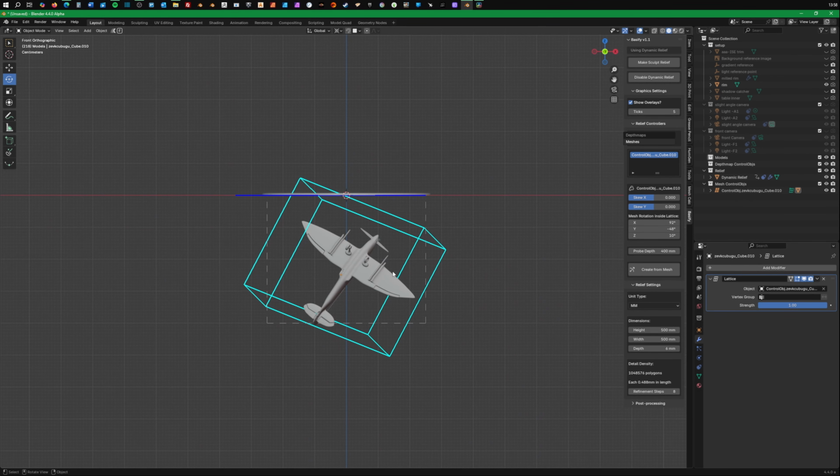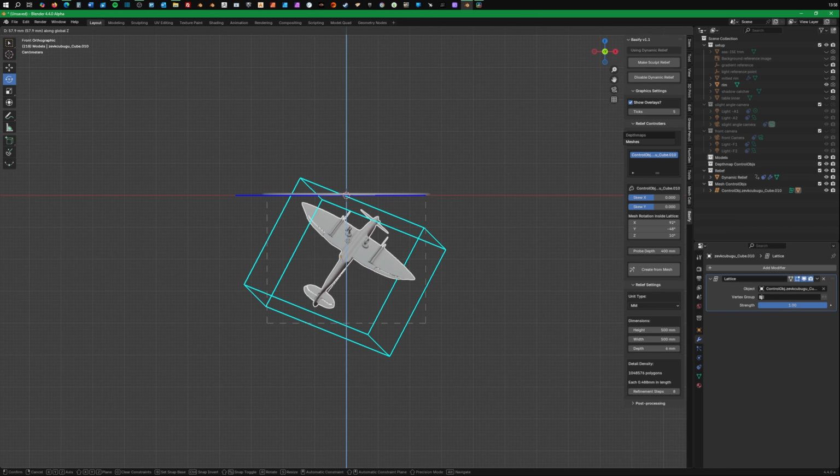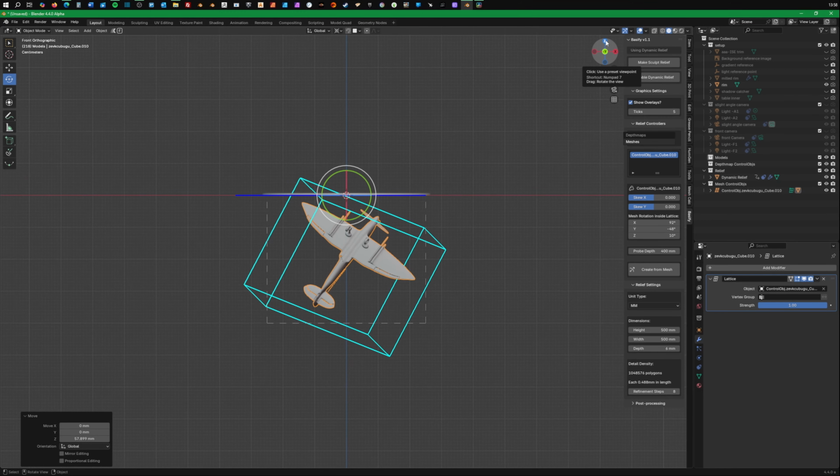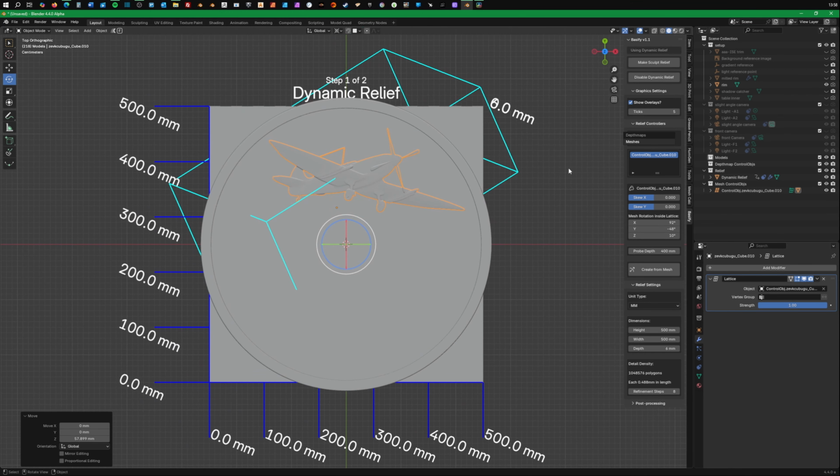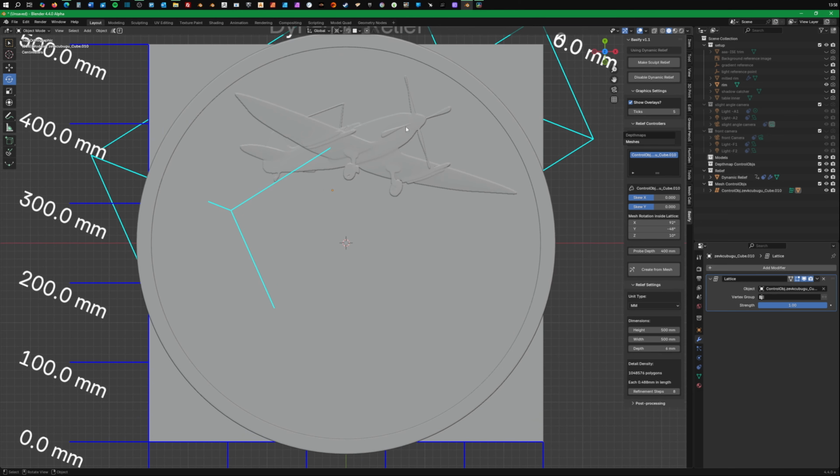So being able to manipulate it in real time and then just generate even a base mesh from it. I mean, this is not detailed enough for a sculpture at all, but it creates a nice starting point.